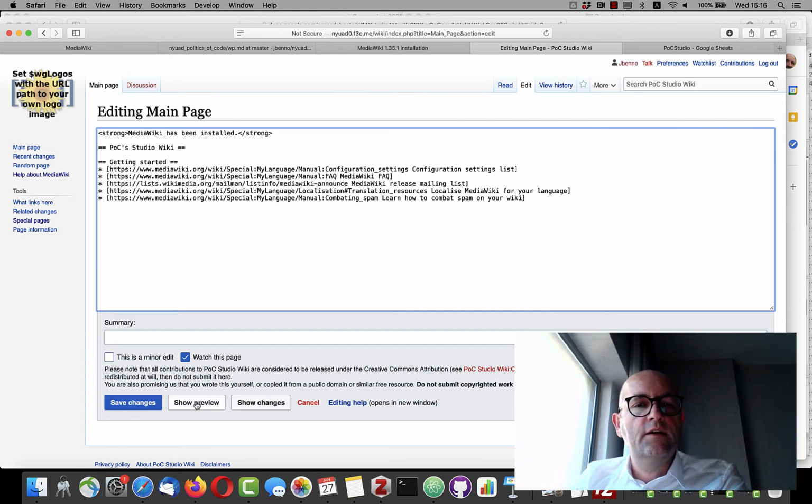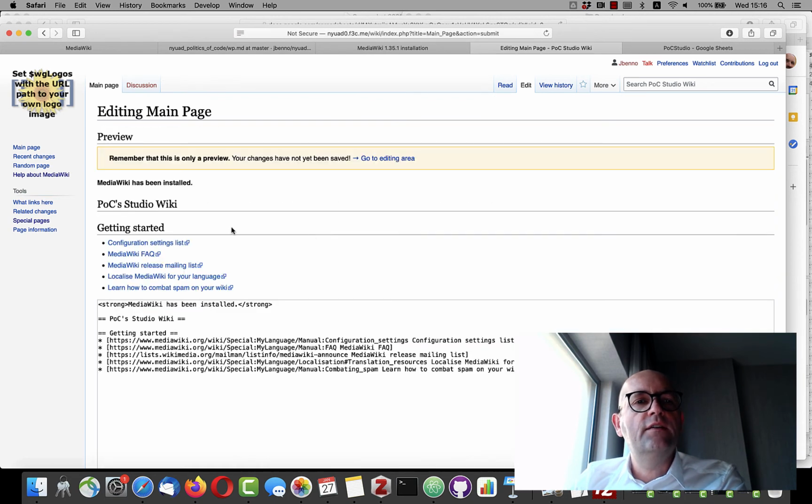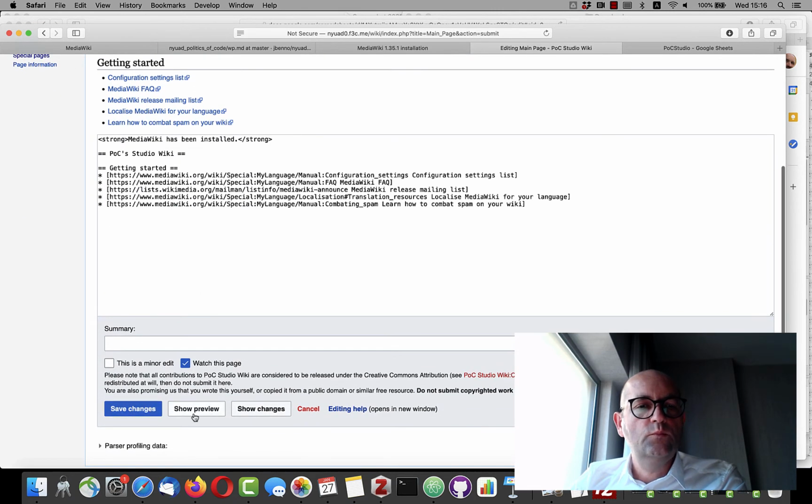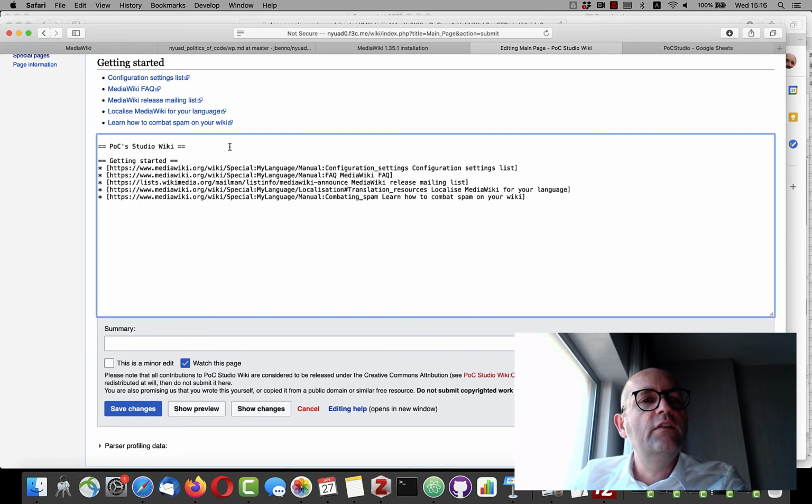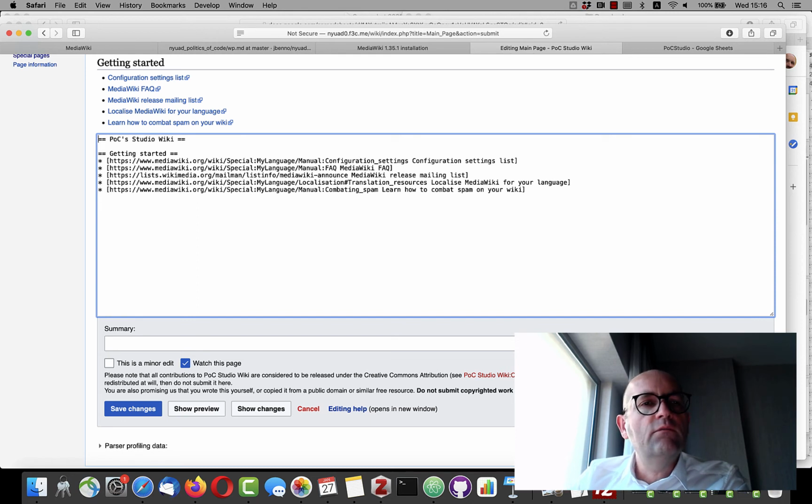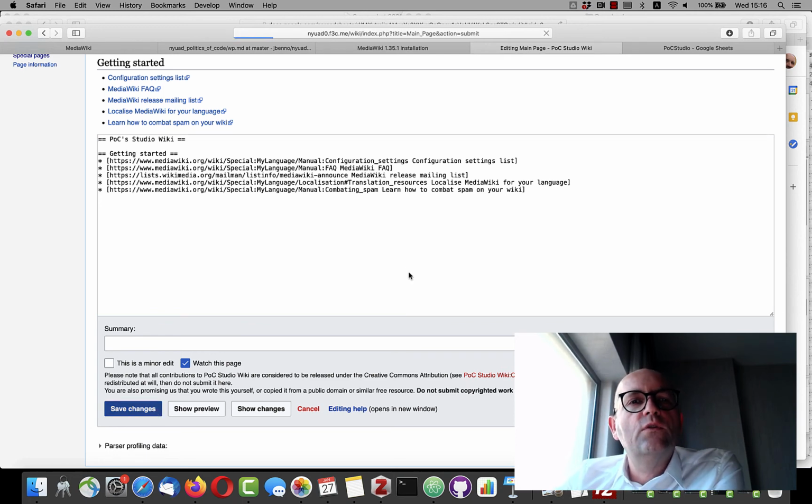And we can look at the preview of that. So you see that's another headline here. And here we can, for example, remove this and so on. So the best way to learn the syntax is, in my experience, just to look at other Wikipedia pages and then just learn that. So save the page.